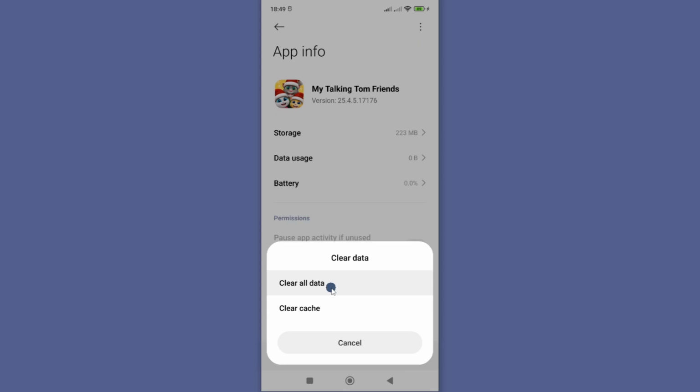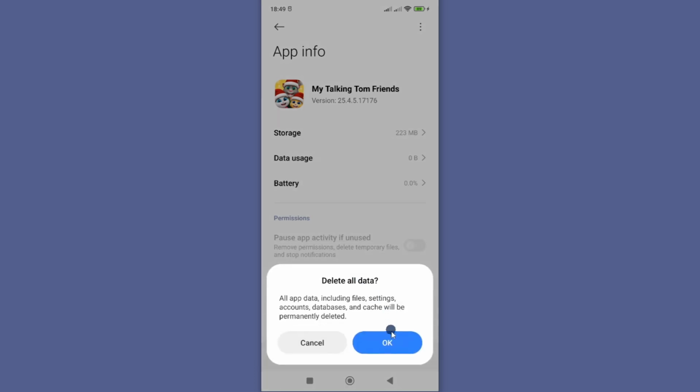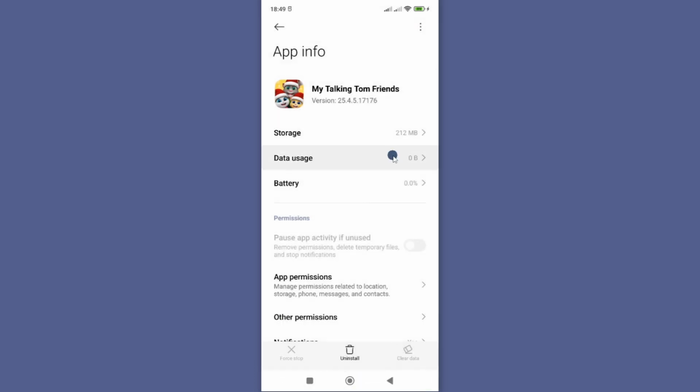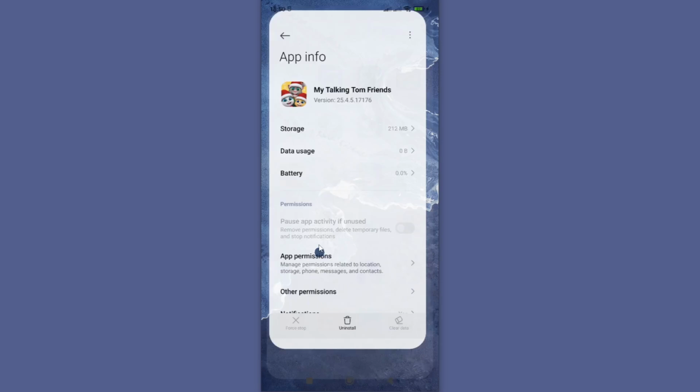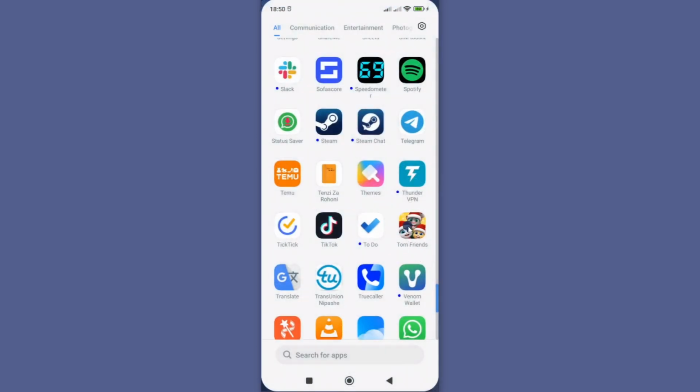Again, this time around now, choose clear all data and OK. For this, you need to go ahead and log in afresh for you to start using this app. However, should this not work, then you need to go ahead and go to the third method, and that is